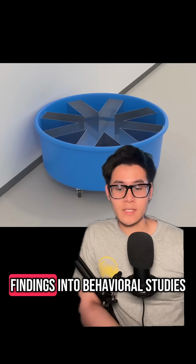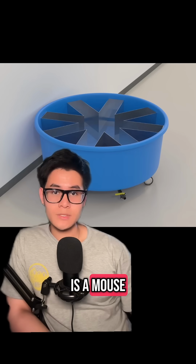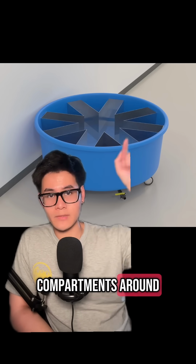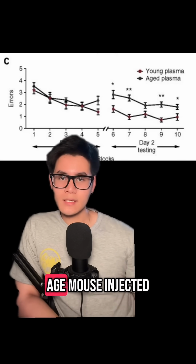To translate these findings into behavioral studies, the scientists then ran a radial water maze, which looks something like this. The mouse would be placed in the center here, and in some of these maze trials here, food would be placed. And it is the mouse's job to find and remember the rewards that are placed in some of these compartments around. So, scientists injected an aged mouse with young or old plasma